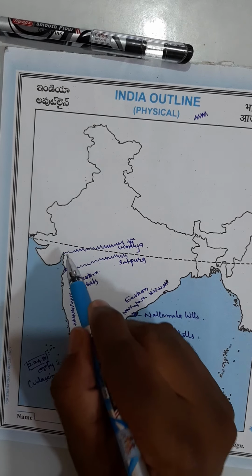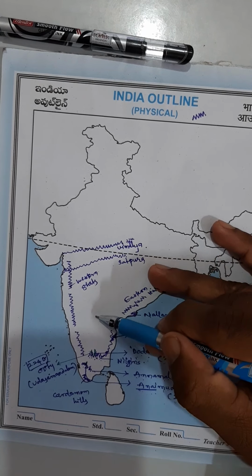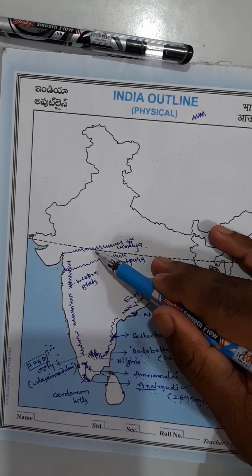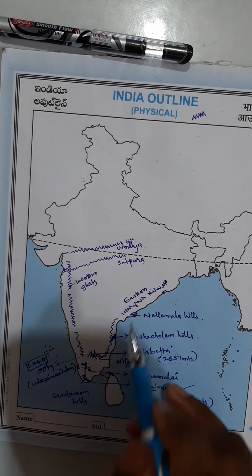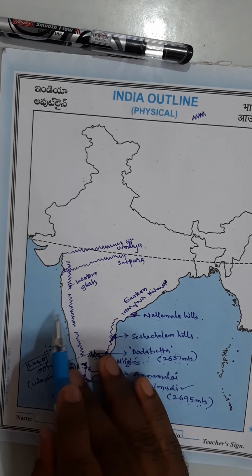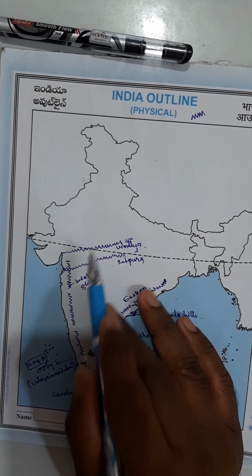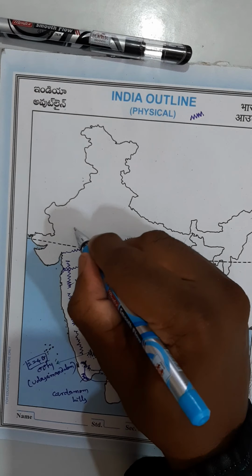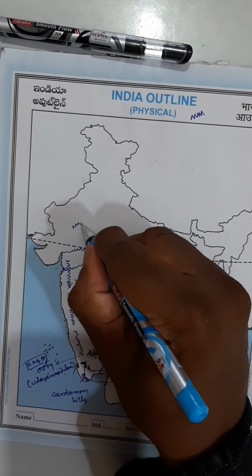This Vindhya is the topmost boundary of the Deccan Plateau. The Deccan Plateau ends here in the Vindhya region, with the Eastern Ghats on the east side, the Western Ghats on the west side, and Vindhya on the northern side, only for the Deccan Plateau. For the entire plateau you find this, a very important area to locate.